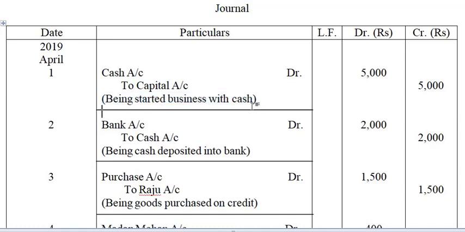Whatever is mentioned in the transaction, whatever is given in the question, you just have to write it. But in brief you have to give the justification for that particular transaction. You have to explain that. You have to tell the story behind this particular transaction. Why is this transaction occurring, why are you recording this transaction, what was the cause of the transaction, so you have to mention.